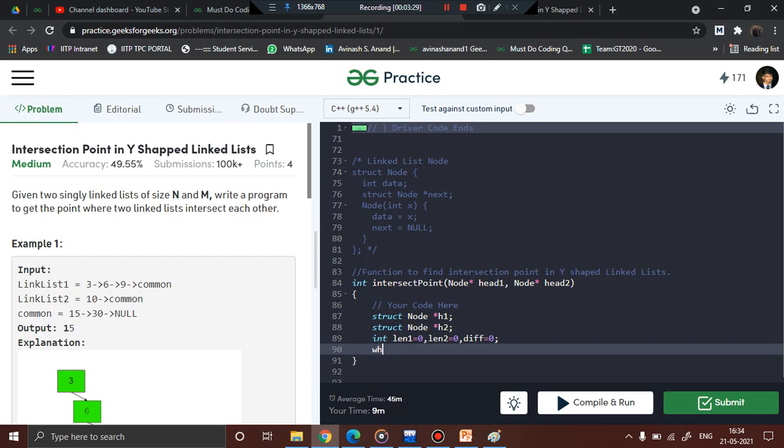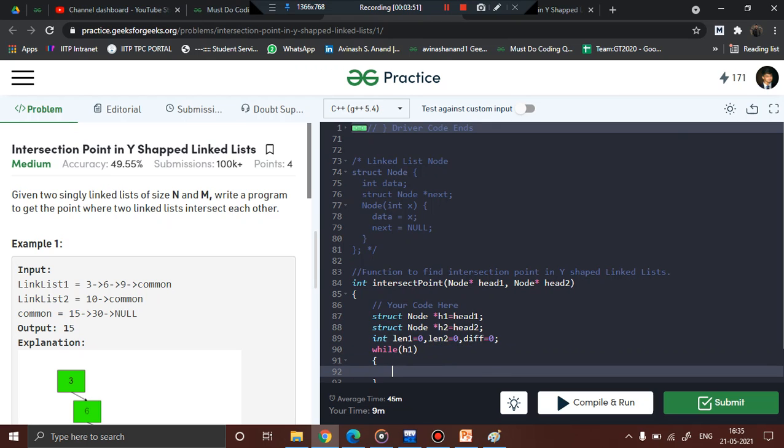So first of all do one thing. This struct node h1 basically will take the value of head 1, right? And this takes the value of head 2. Fine. We then will loop it while h1 is not equal to null, or you can simply say while h1 is true.